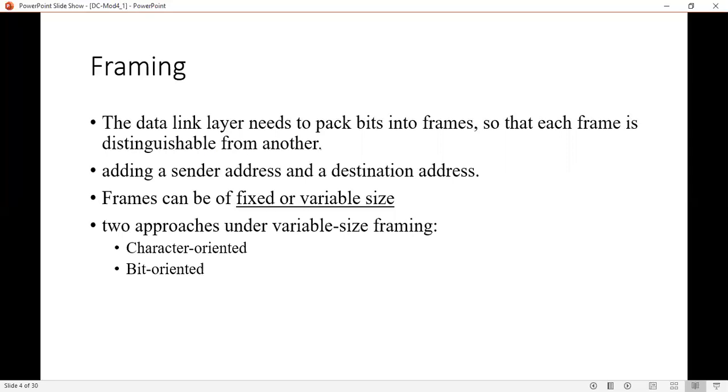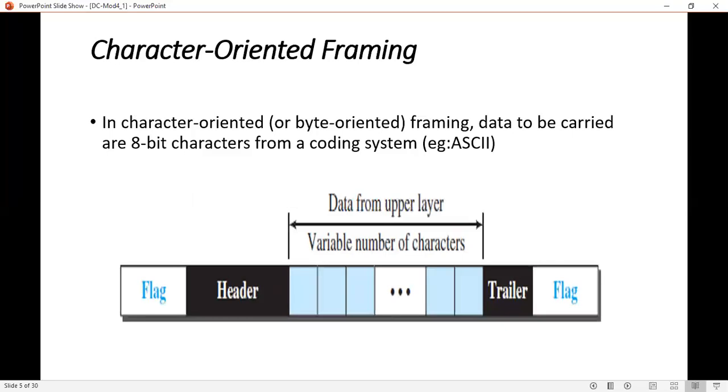In this variable size framing, there are two approaches. They are the character oriented approach and the bit oriented approach. First, we will see what is a character oriented approach. Character oriented framing is also called byte oriented framing.